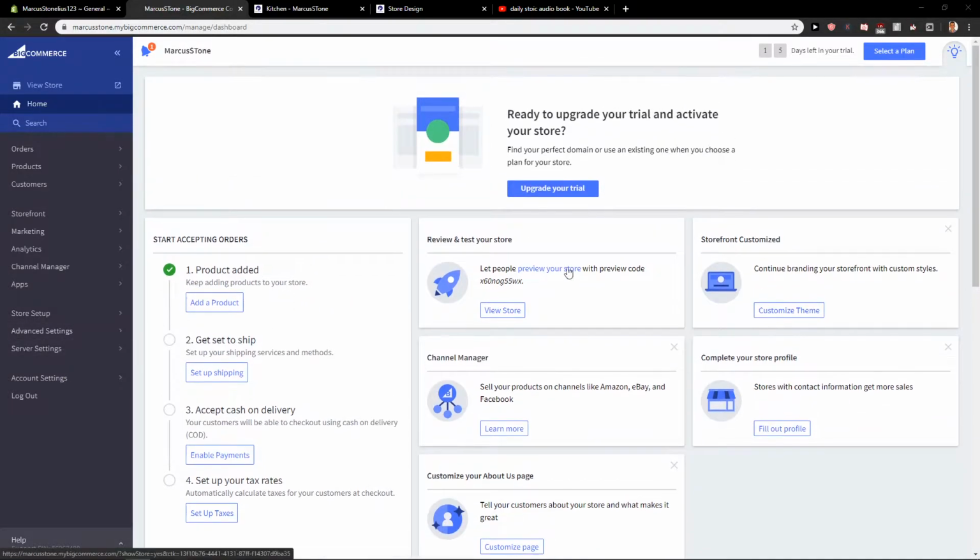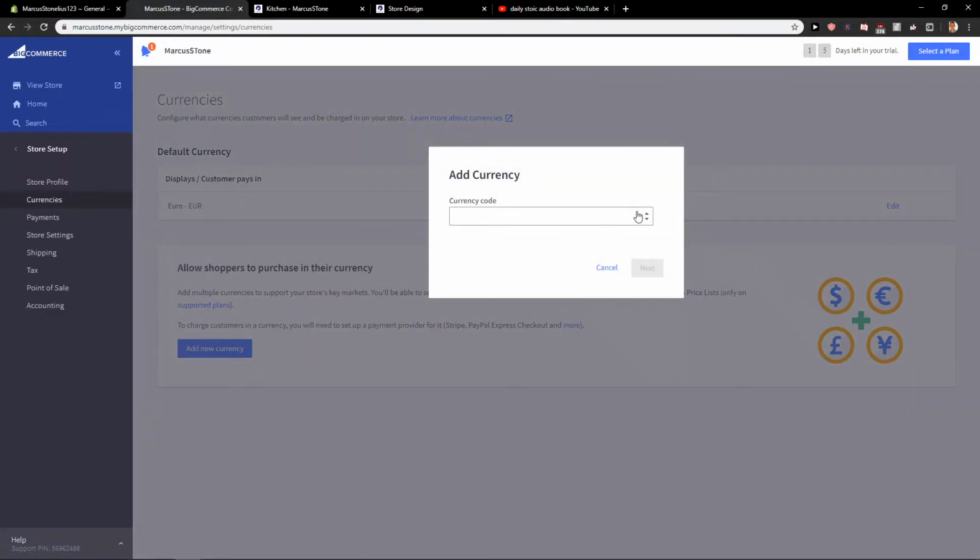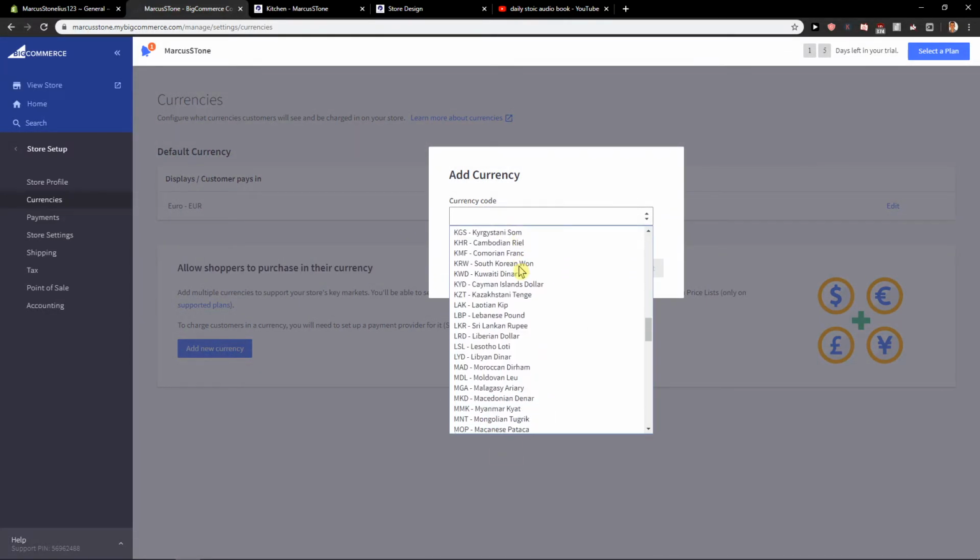So let's start. First, you want to be on the dashboard in BigCommerce, and then just click here on Store Setup. On Store Setup you are going to have Currencies. Click on it. And now you are going to have here "Allow shoppers to purchase in their currency," Add new currency. So straight away you can choose, I don't know,